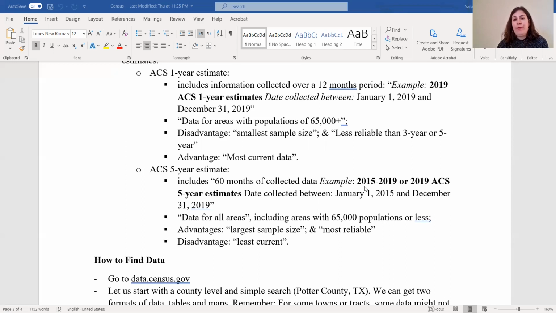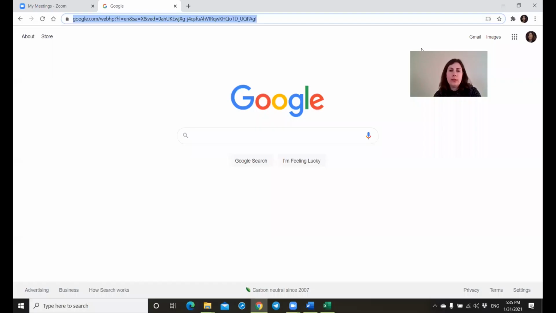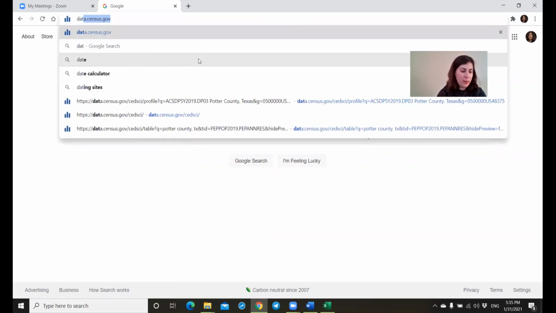One great advantage of it is the largest sample size and it is the most reliable. And one disadvantage of it is that it's the least current data. Now I'm going to explain for you how to find data related to your assignment or project and how to extract it. So here is a website I'm gonna use for this project, which is